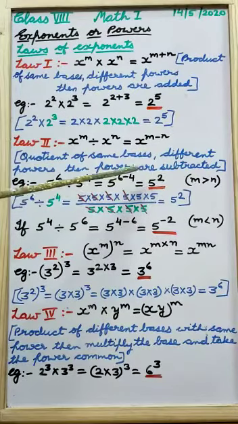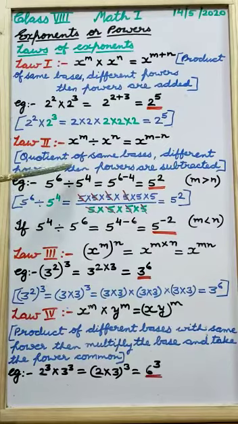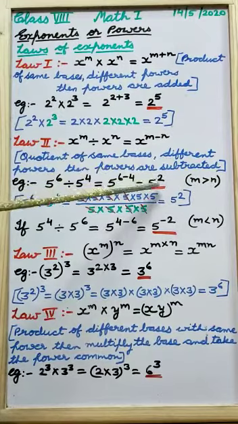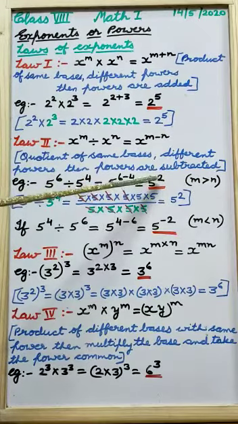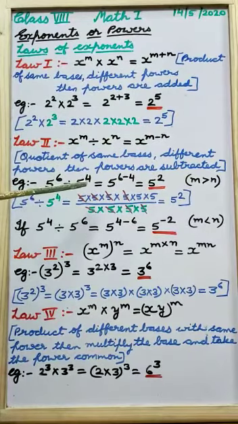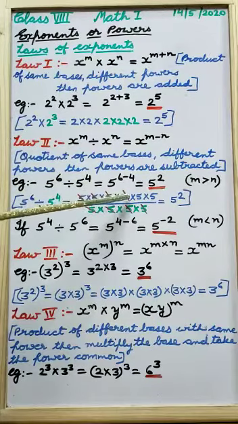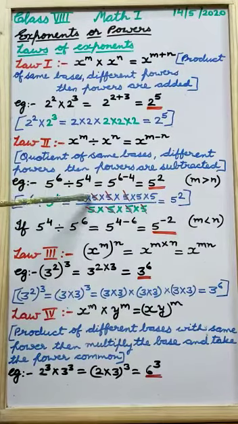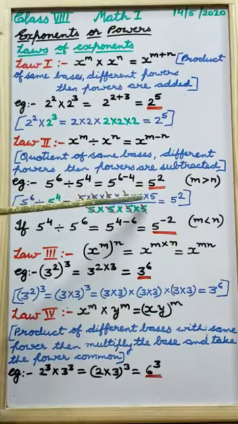to power 2. Here first power is greater than second power, means m is greater than n. So answer we are getting with positive exponent. In derivation, if we see 5 raised to power 6 can be written as 5 into 5 into 5 into 5 into 5 into 5 and 5 raised to power 4 can be written as 5 into 5 into 5 into 5. Divide is there, so we can cut 5 by 5, 5 by 5, 5 by 5 and 5 by 5. Here 5 into 5 is remaining. We can write it as 5 raised to power 2 or 5 square.